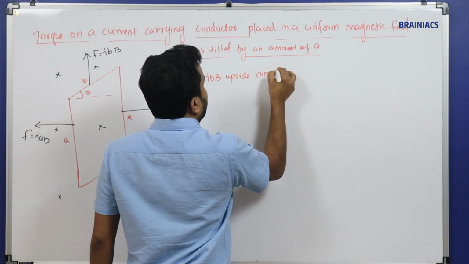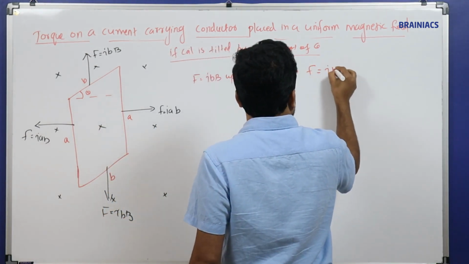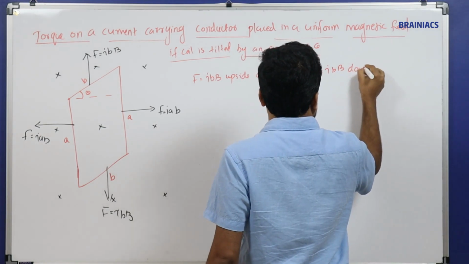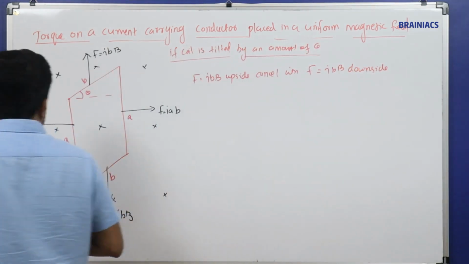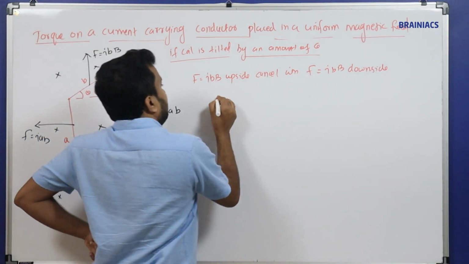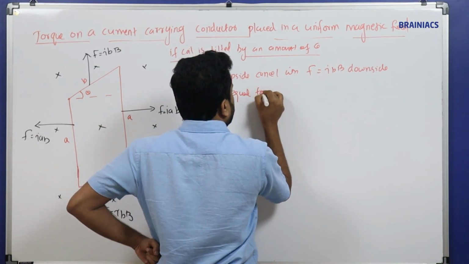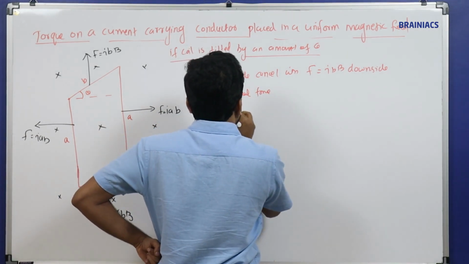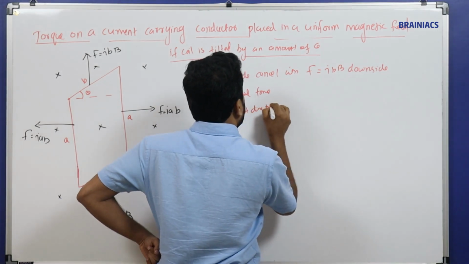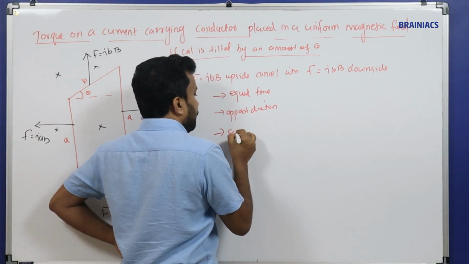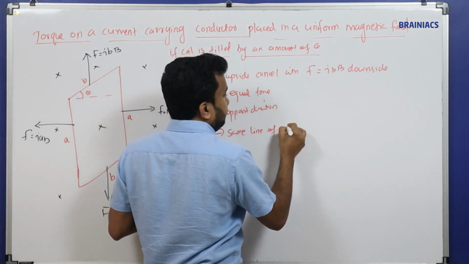cancels with F is equal to IBB downside. There are certain reasons, because they are equal forces, opposite direction, same line of action,